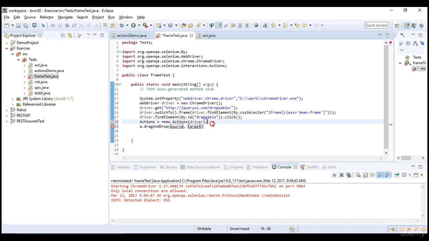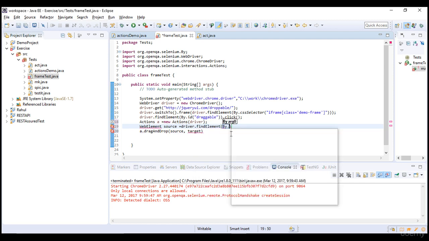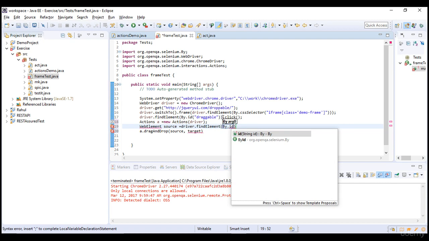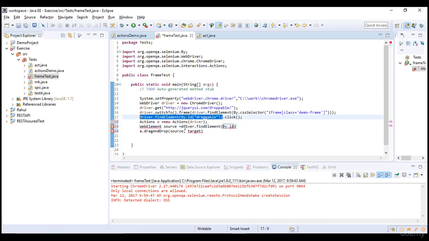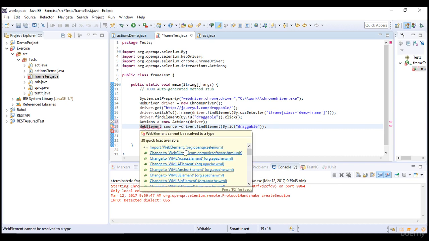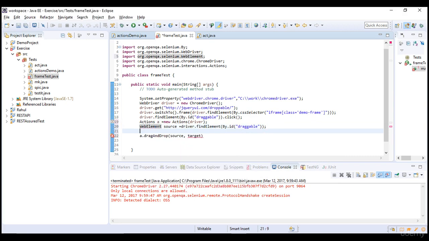So first of all I will declare web elements before the test so that it's easy for us. WebElement source equals driver dot find element by dot id, right? Oh, this is the one. I can simply copy, which we have already taken in the earlier lecture. Move your mouse and import that. This is source, and now we want target also. Copy the same,